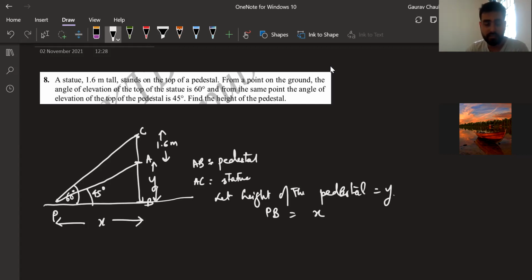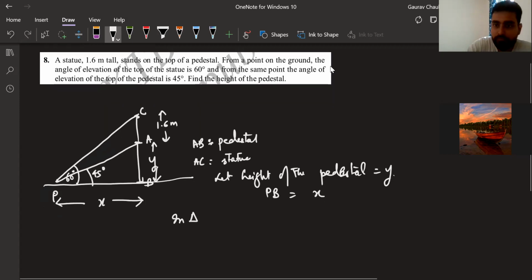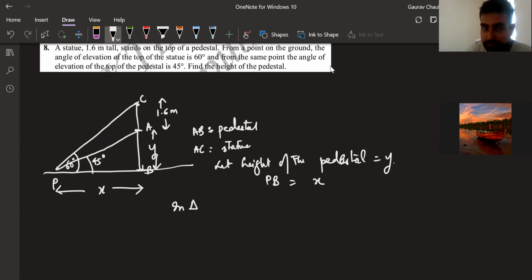Now in this case, let's take the two triangles. Dikshit, if you can quickly tell me, these are the two right triangles you can use. Sir, ABP is one, and CBP is another. Can you tell me the two equations that you would like to form from these two? I mean, which ratios would you like to choose? Tan 45. So which one are you taking? ABP, you're taking tan 45, okay. So it becomes BC by CD.